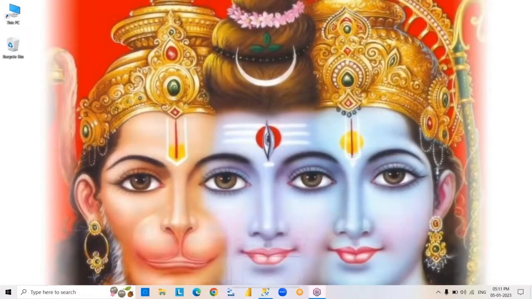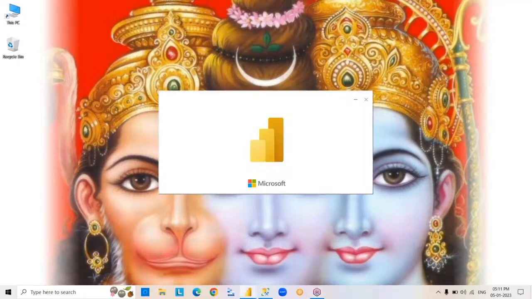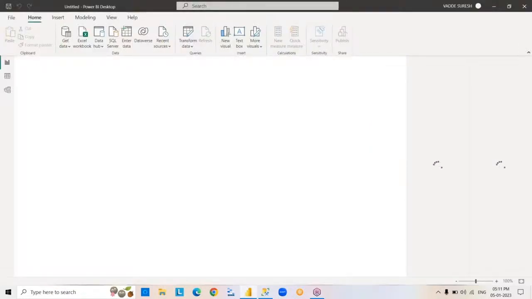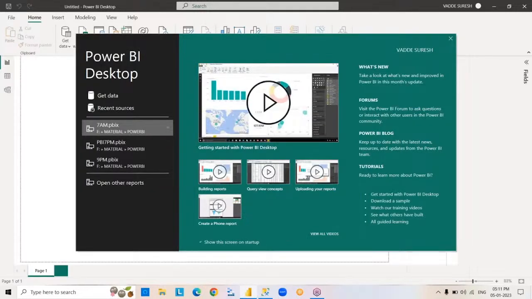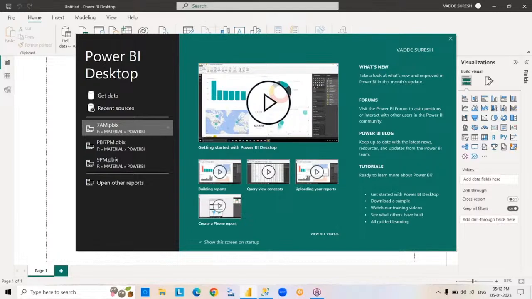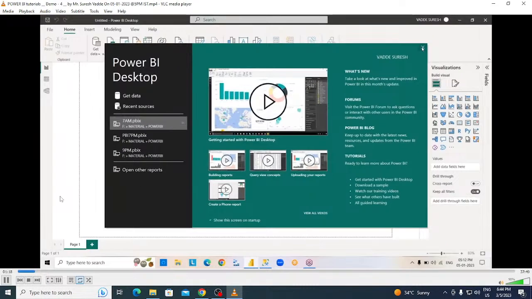And now I'm going to open the Power BI Desktop environment. This is the tool we are using to interact with the Power BI environment. So we are in the beginning only, so close